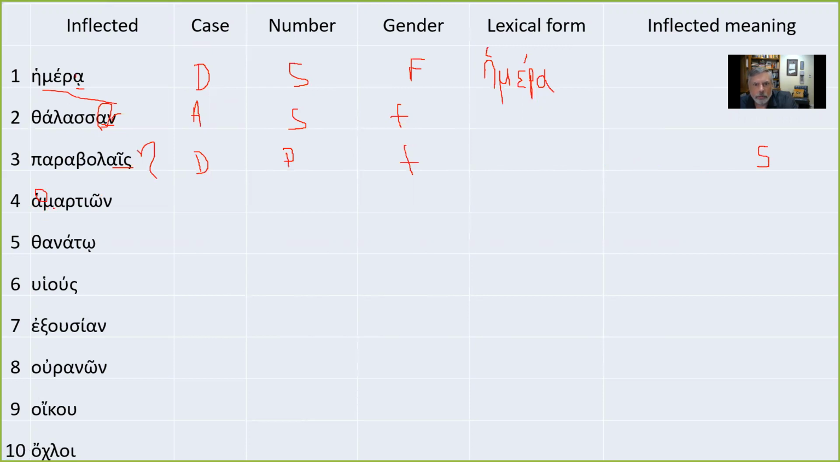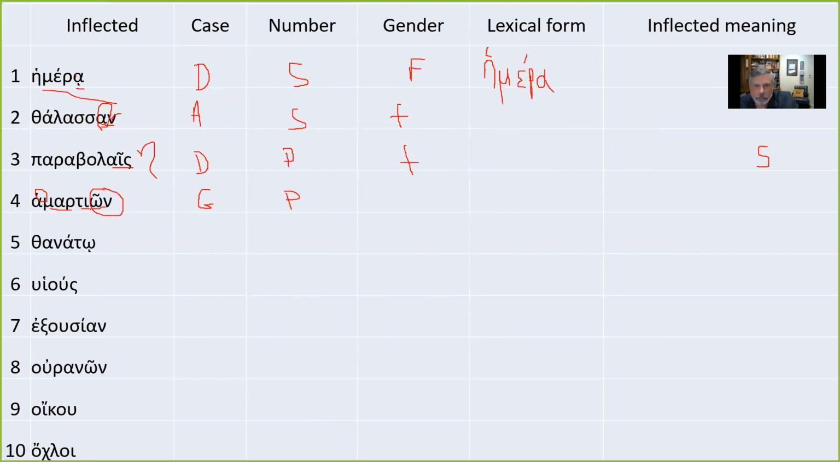Hamartion. Well, the omega nu is going to tell me that as well. I don't know for sure. What I do know is that this is plural, and I do know that this is genitive. And what gender it is is hard to tell without knowing its lexical form. And its lexical form is hamartia,